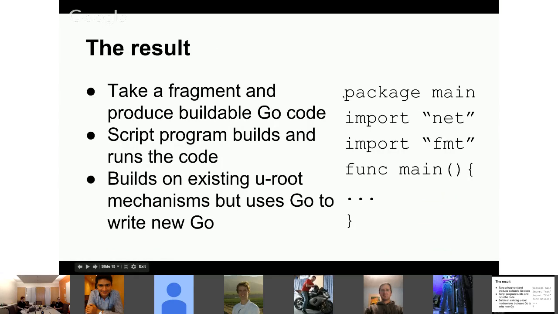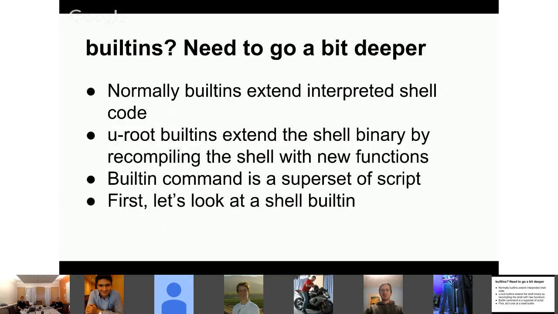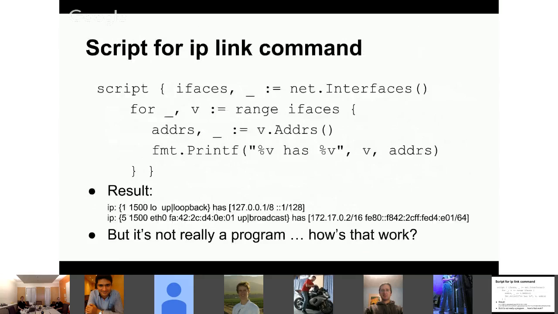But here is what happens with the boilerplate. The script command put package main here, and it put func main, and then there's the stuff I had in the script. And then the imports thing actually figured out and inserted the import of net and fmt. And this actually is a little complicated, because it's not textual.